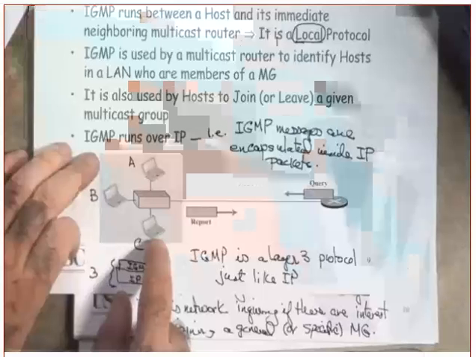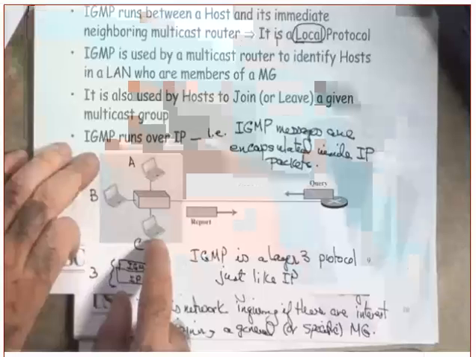So this router learned of an interest inside the network in this multicast group. What does he need to do? He needs to tell other routers, the neighboring routers, that there is an interest in that group. Every router needs to tell the other routers, and the whole idea is to create